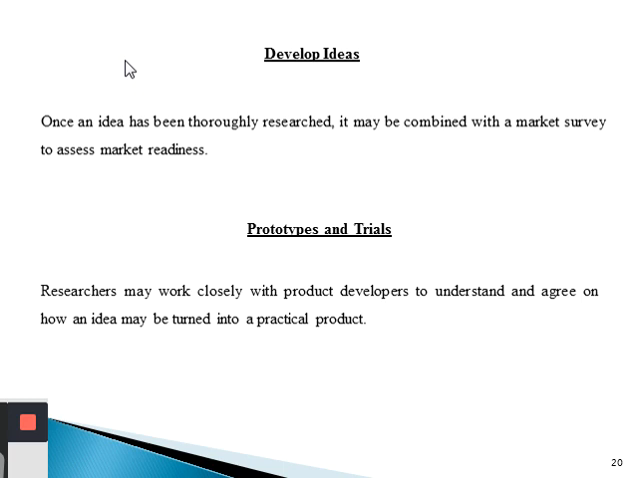Then second one is prototypes and trials. Researcher may work closely with product developers to understand and agree on how an idea may be turned into practical products. What they are doing, because in R&D there are so many trials, errors, reactions they have to do. They don't know when any reaction will be giving good yield, or the reaction will be complete, or what they are targeting, they are getting a particular molecule or particular product, so they are just focusing on a particular target. But that's not happening practically, because they are studying theoretical, they are having experience, okay, but